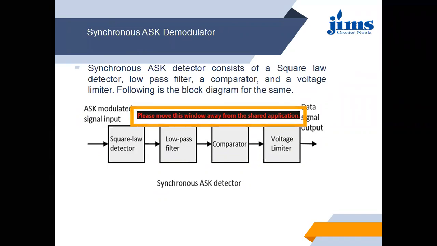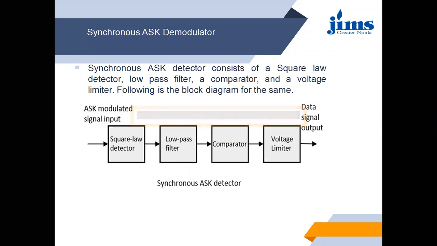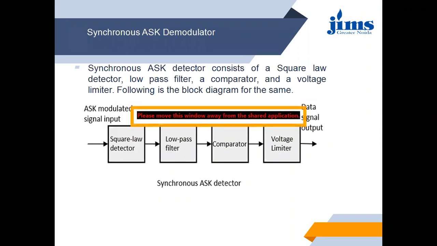There is a technique which involves a diode and a capacitor, and there is a process of charging, discharging, charging, discharging, and through that we get the envelope of the signal, which is nothing but the message signal. So, in other words, the very first block, the square law detector, is a device which converts the high frequency signal into the low frequency message signal.